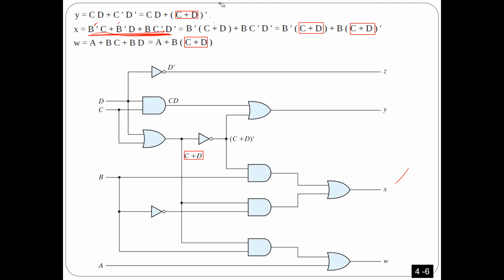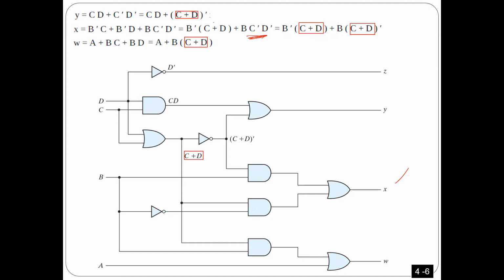So I just rearranged this one so that I can have this term C or D. Same thing here also. I noticed here, if I take P prime common, I'm going to have C or D. So it looks like I have a common term here between all of them. And this one here. Again, and also what I did, in this one is